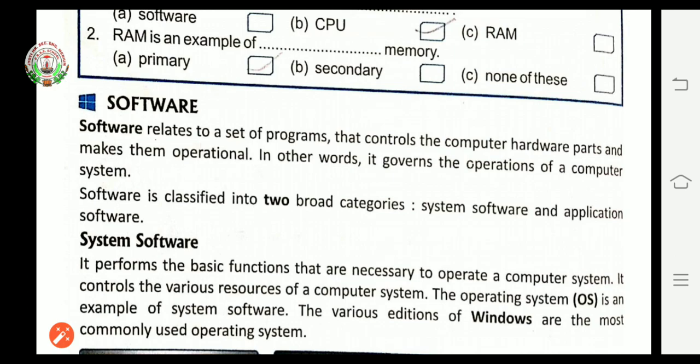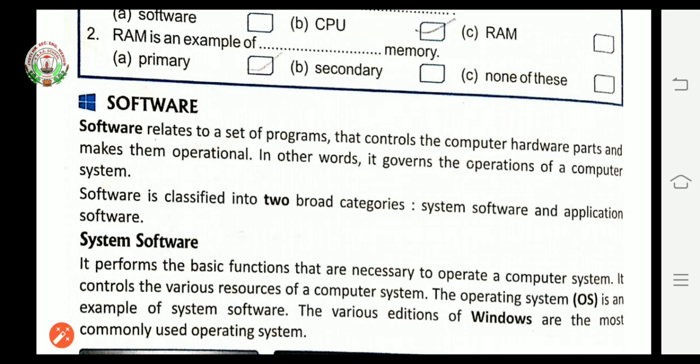Software is a set of programs that controls the computer hardware parts and makes them operational. In other words, it governs the operations of a computer system. Hardware parts include input device, output device, processing device and storage device.